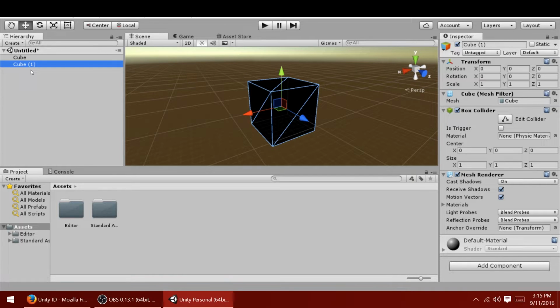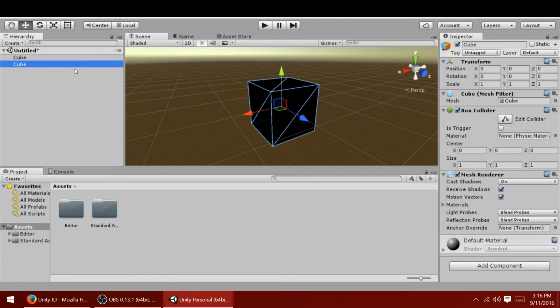if you want to duplicate something really easily, you just select it and then you press Control D. We're definitely going to be doing that later when we want to build levels, but for now, we have another cube. It's right on top of it. It's the exact same thing, but as you can see, it's called cube parentheses 1. If we named it the same thing,